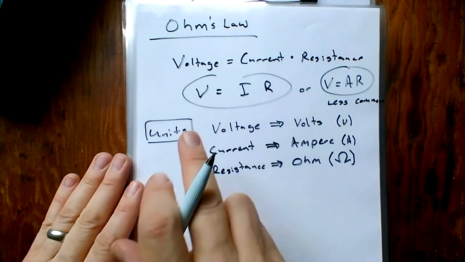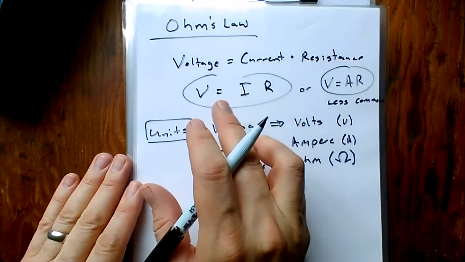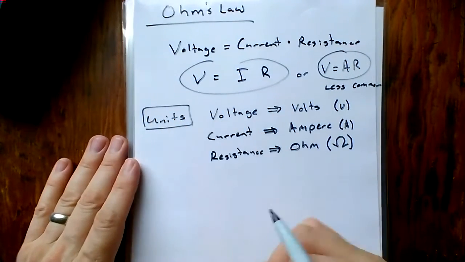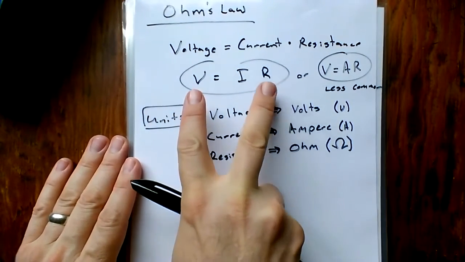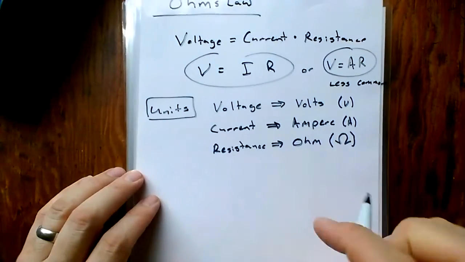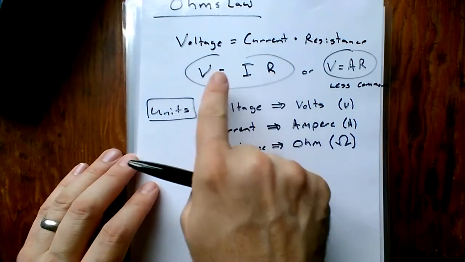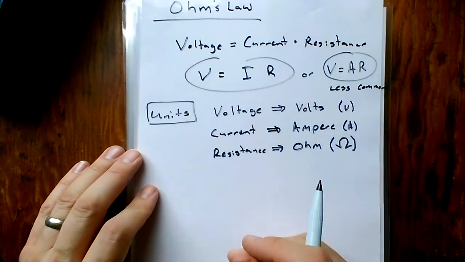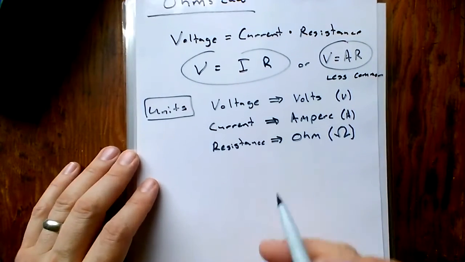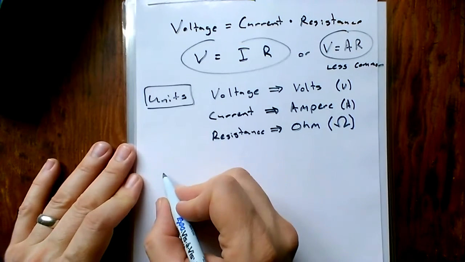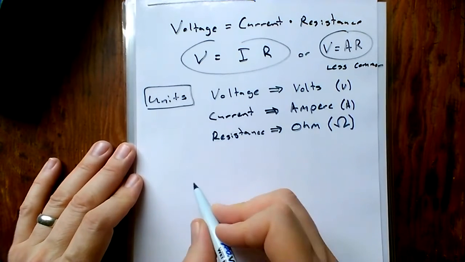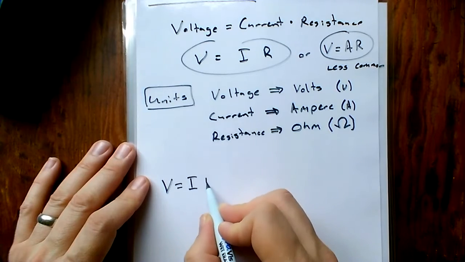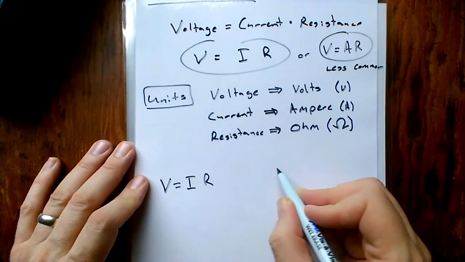Now, there's a couple different ways of finding what you need from here. If you're comfortable with algebra, this is what I would refer to as a plug and play question. You're just going to plug in the two pieces you know and solve for the unknown. Some people would much rather have some shortcuts. So if you go with the algebraic route, you could just say, okay, voltage is equal to current times my resistance. The shortcut